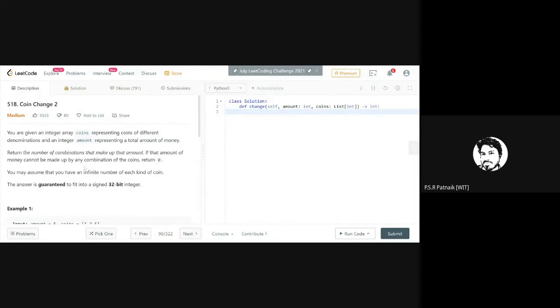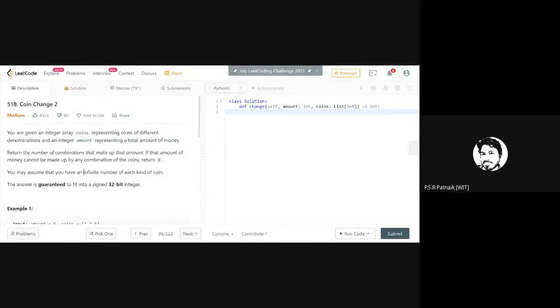For example, I ask you to make a denomination of 150 rupees, and you can make it with multiple possibilities. For example, you might take a 100 note and a 50 rupee bill, and together they form 150. Or you can take 3 notes of 50 rupees, which will make the denomination of 150. This is the second way. What could be the third way? You can take 10 rupee notes, or you can also take 5 rupee coins. It depends upon what denominations are available to you as a currency exchange.